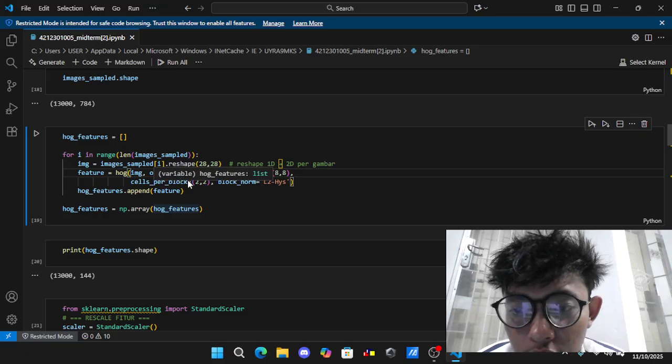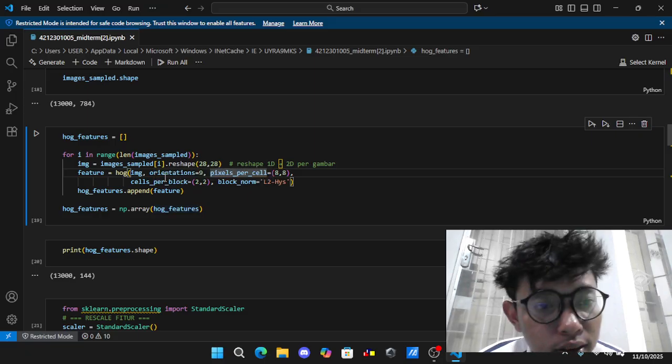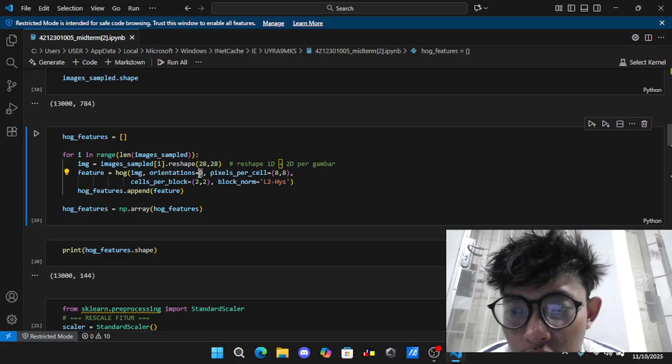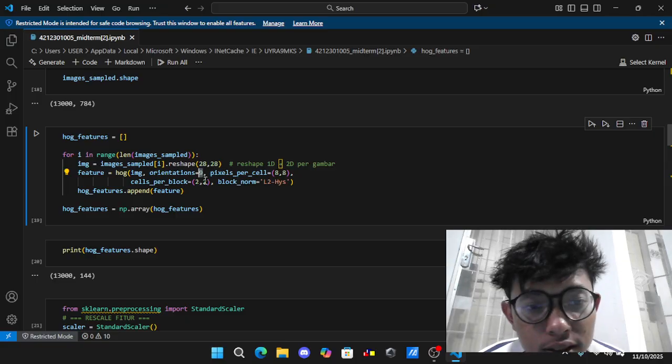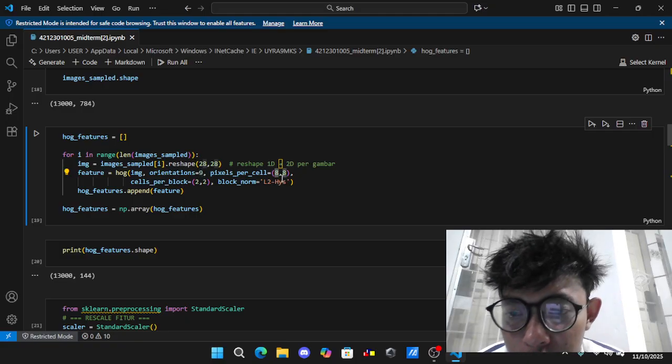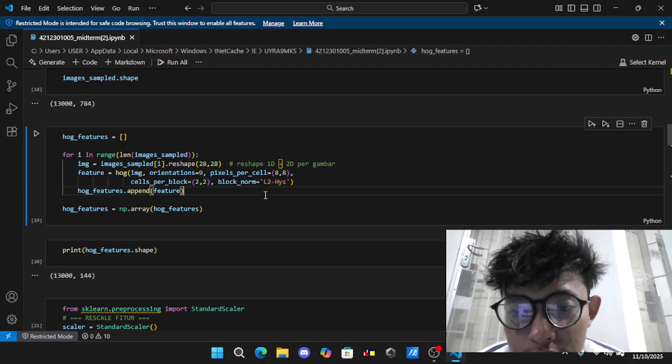For the HOG parameters, I use the following. Orientations is 9, to split the gradient direction into 9 angles. Pixels per cell is 8 by 8, to make each cell 8 by 8 pixels.